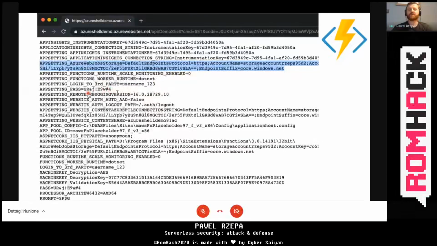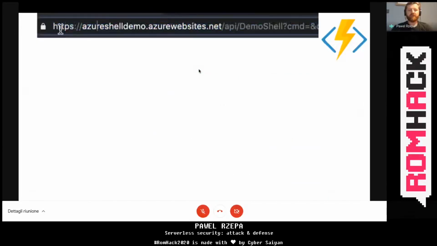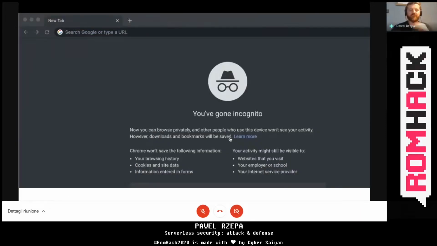We will talk about it later. However, there's also the connection string to your storage account. Once you print out the environment variables, you can simply copy this connection string to the storage account, and in a moment I will show you what you can do with that.